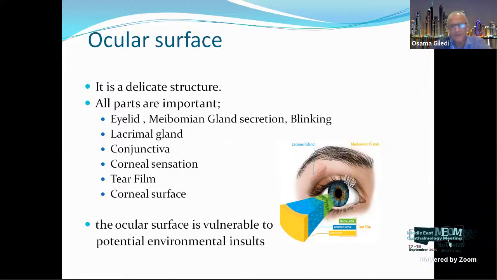Ocular surface in general is very important to have balance between all parts of the ocular surface, from the lid, blinking of the patient, healthy lacrimal gland, conjunctiva. Corneal sensation is very crucial for tear production, stability of tear film, and corneal surface. All together, it is important to have a perfect ocular surface. But as you know, the ocular surface is very vulnerable to the assault of our environment, especially here with air